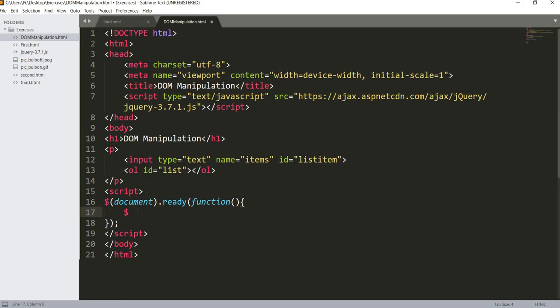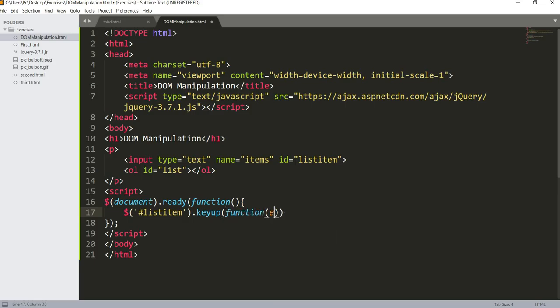We first provide the ID for this input box, which is the list item. ID is preceded by hash, then dot this method keyup. Keyup is going to be used to get the command from the key of the keyboard. Inside the keyup, we put function,